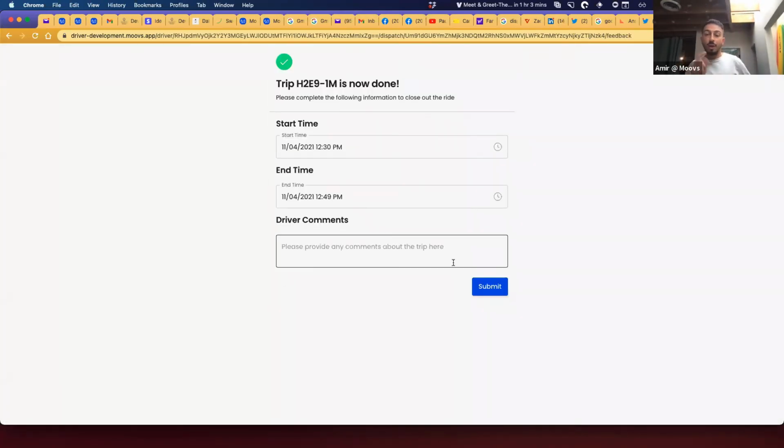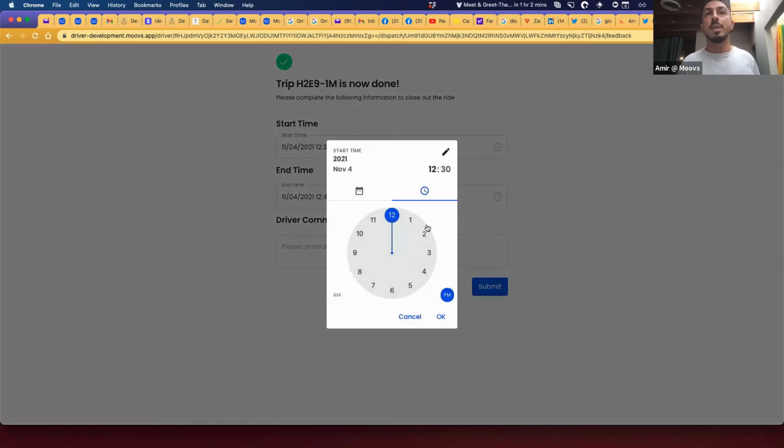Now, if your driver is doing this correctly, right? So I think, Stephen, as you mentioned, whether you're the driver or the driver says that the start time was not 12:30. It was, let's just say for our context, 12:43, right? Or let's just say 12:49, right?